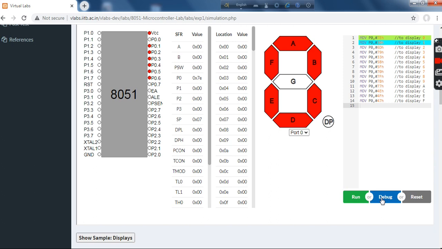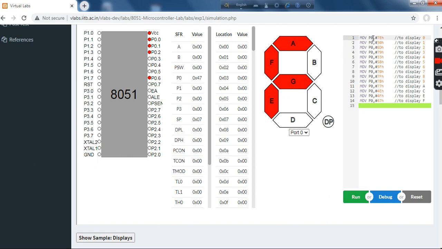Click on this debug button and then on the run button. By clicking the run button we can show which bits are working and which bits are not working. As we can see, port 0.0, port 0.1, 0.2 and 0.6 are working. So the displays related to these sections only are glowing.